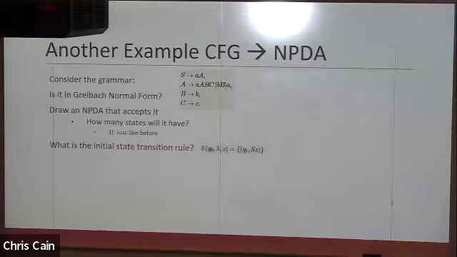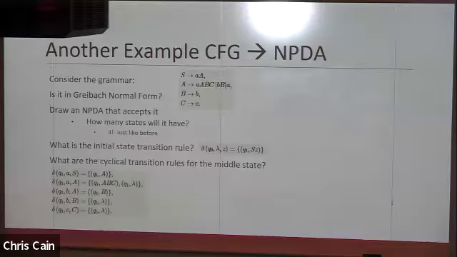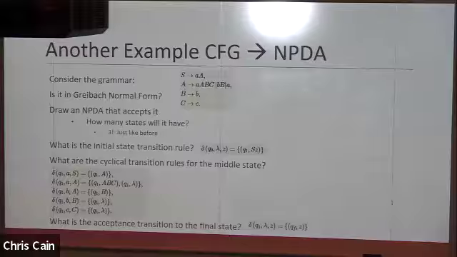As always, on the slides, I'm writing up the transitions because the actual state machine form looks kind of gross. So oftentimes I find it easier to break it down into very assembly-like instructions. Here's the initial state transition rule. Here are the middle transition rules. And you could break those down into those that are based on the S production, the A production, the B production, if you wanted further titles for those. And then we have the acceptance of the final state, and that is the entire NPDA written in transition form.